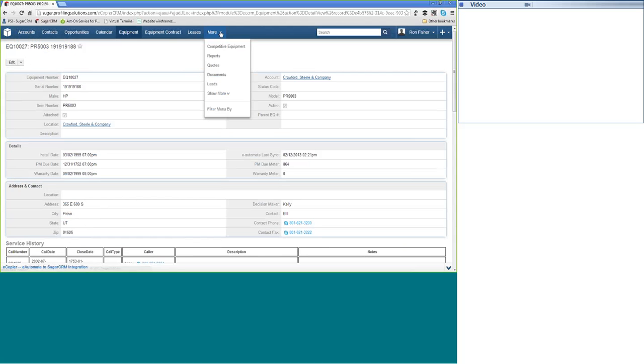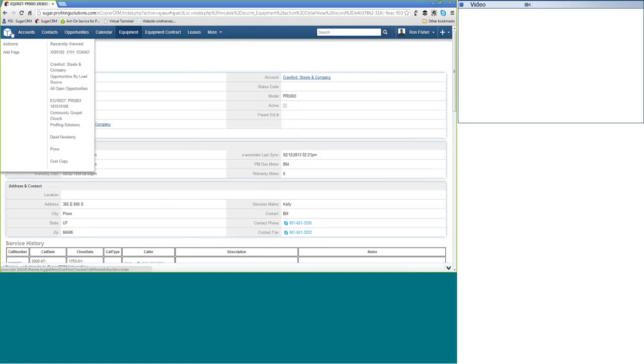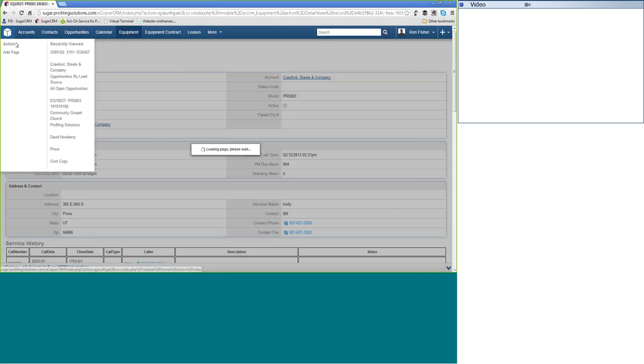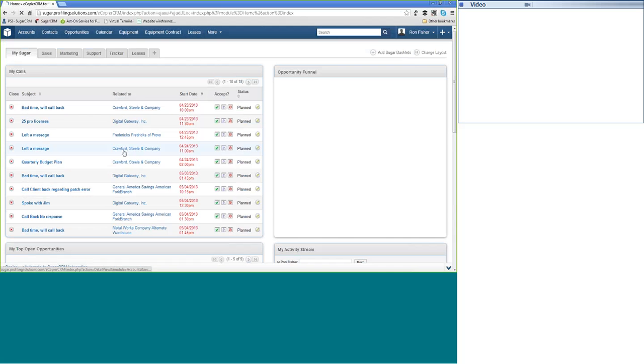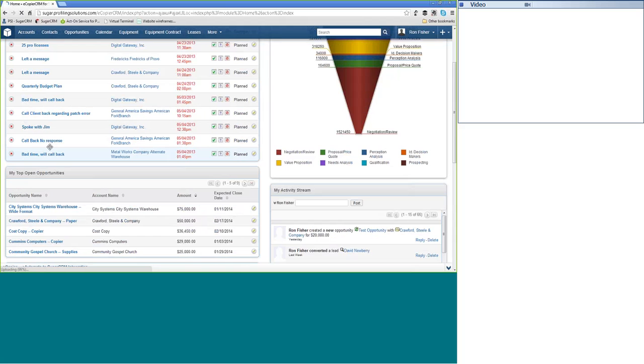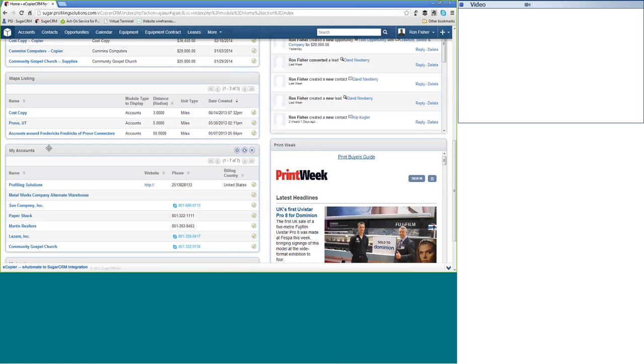One other nice feature that we've incorporated into eCopierCRM, and I'm going to go back to the home page to show this, is we have a mapping feature. And in this mapping feature, we're able to create maps, radius maps around different accounts. And so in this one, I have created a map for a company called Cost Copier, and I've made the radius of this map 3 miles. So what it's going to do is show me all the accounts that are within a 3-mile radius of this business. And so if I click on this map,